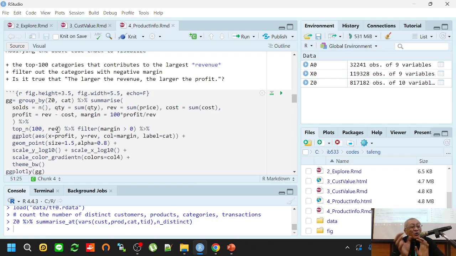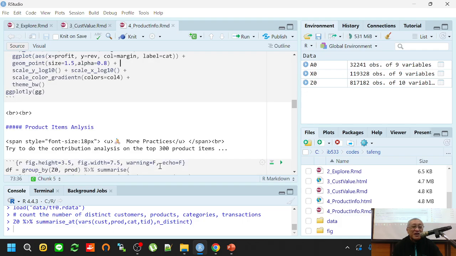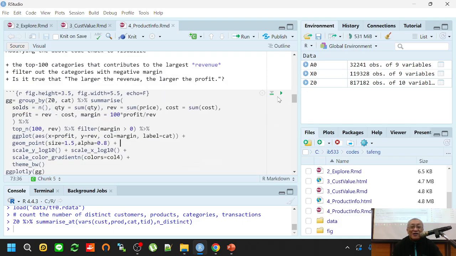You only need to change a little thing. And because I want to filter out the categories whose margin is lower than 0, I just put in the filter here, and the rest is basically all the same, right? So if you execute,